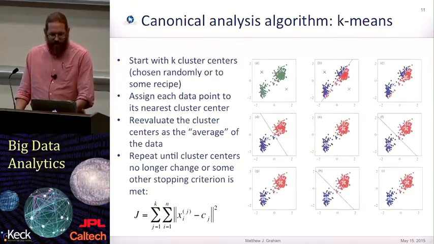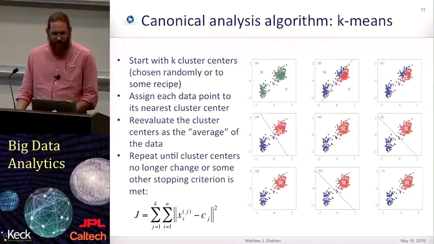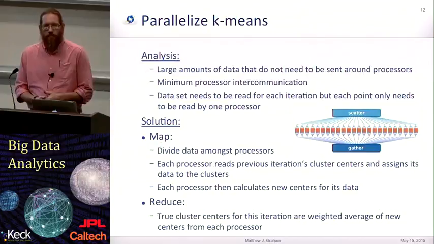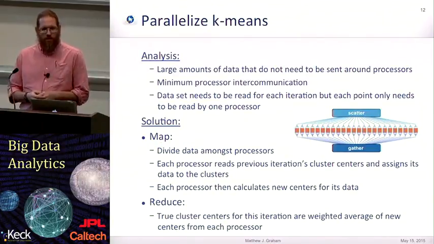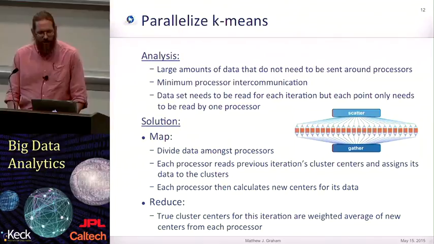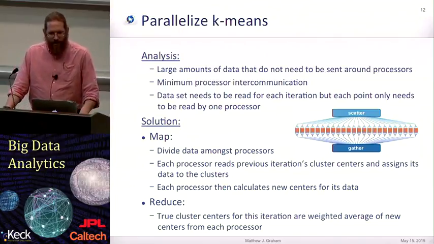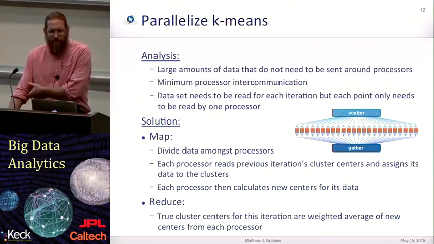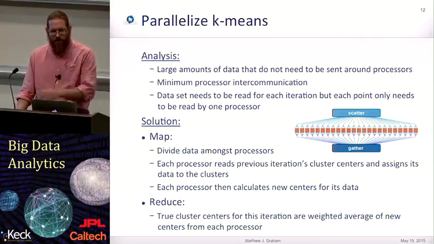So the first question is: can I convert this into something that's parallelized, so that I don't need to wait a long time on a single core? I can throw it against the 100 or 1,000 cores I may have available to me on a cluster in my basement and reduce my computation time for doing my clustering by that amount. If you have large amounts of data that don't need to be sent around to processors, this works. You can also think about k-means that if you're doing the same thing on each processor, there's minimum interprocessor communication,